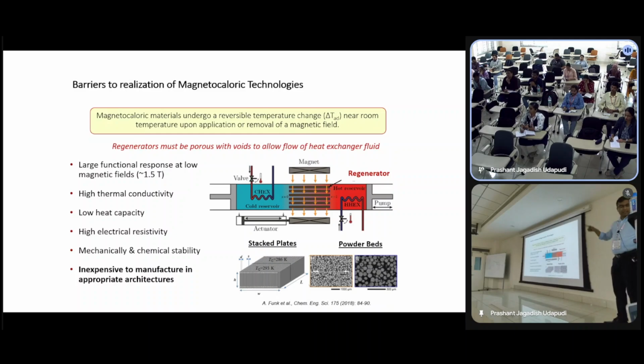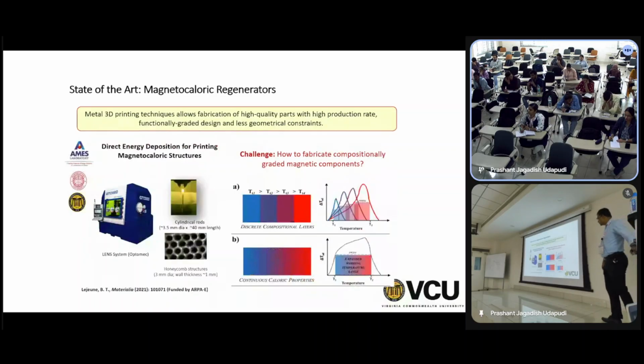So you have to get that optimal value where the amount of channels is just sufficient to remove the heat, but you don't take out too much material. Okay, so